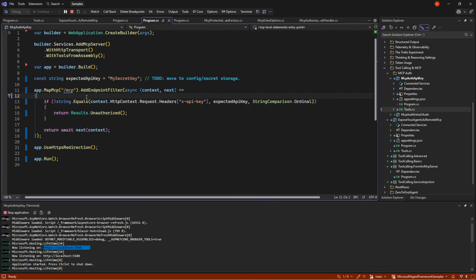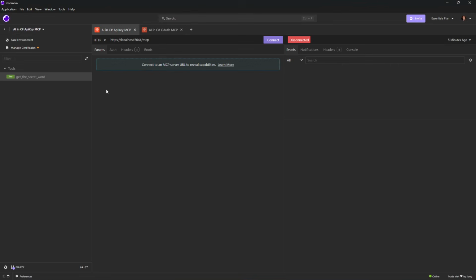But if we do this and run the code, which I've already done, we can see we are on localhost 7044, and I can take an MCP client, like for example Insomnia here, and connect to it. And if I don't have any headers, like in my case I've called it X API key, but you could call it secret, you could call it authorization.